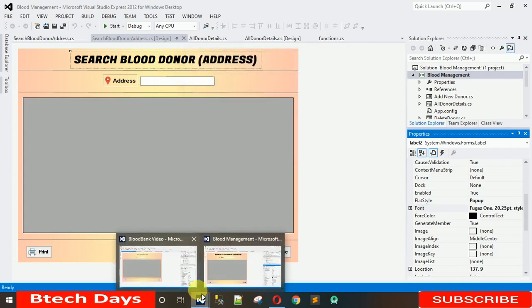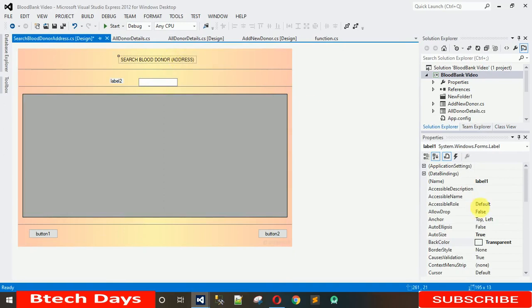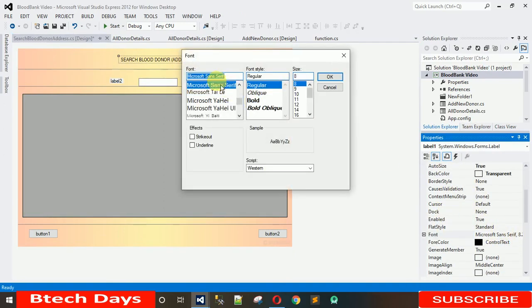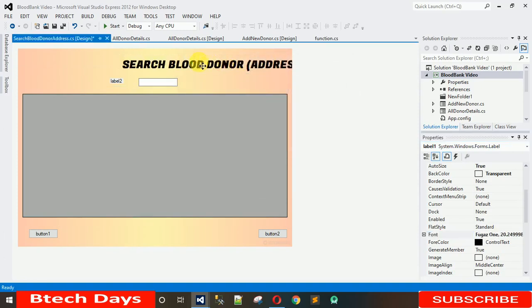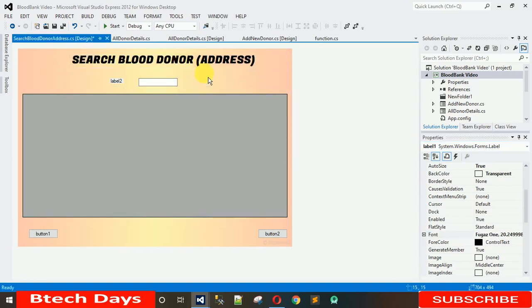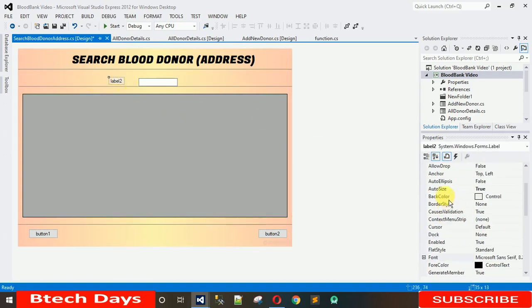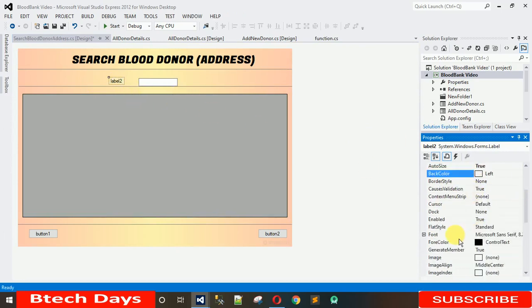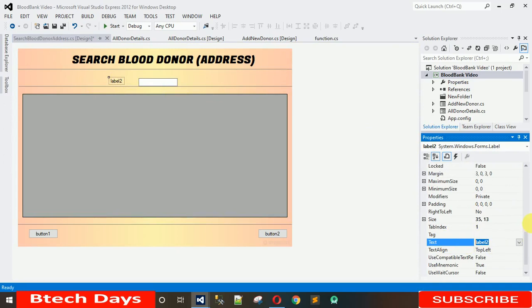So moving back to our project, click on this and a small dot, and after that paste Fusion 1. You can manually write, just select this bold and size is nothing but 20 and hit OK. So here you can see this. Now we have this on the right place. After this, we have to remove this one too. So the back color, first thing I'm going to remove this background color. So select web and transparent, and after this change the text to address,